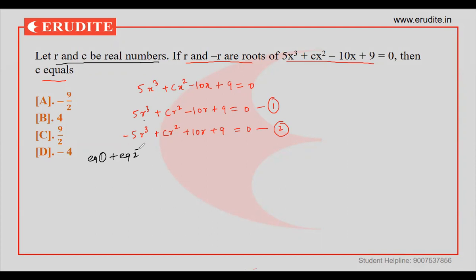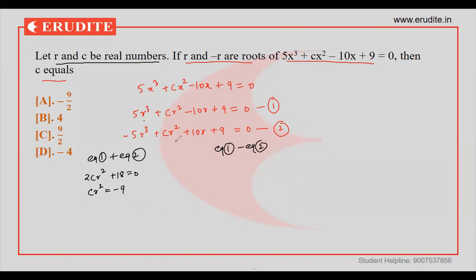Add these two equations. What I will get, guys, these two are going to be cancelled. These two are going to be cancelled. I will get 2 CR square plus 18 equal to 0. From here, I will get CR square is equal to minus 9. Right? Next, what I am going to do, guys, I am going to subtract the equation 2 out of the